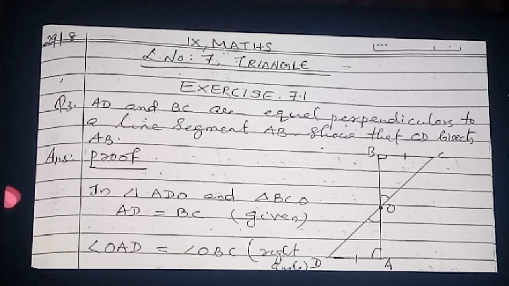See here, this is A and this is B. These two angles A and B are equal. Therefore, ADO starting, surely you will start with BCO. A's corresponding position is B, and AD's corresponding side is BC. So here you see triangle ADO and triangle BCO. Directly you can take it. And AD and BC are equal, already given. So that is why I marked here AD and BC are equal.